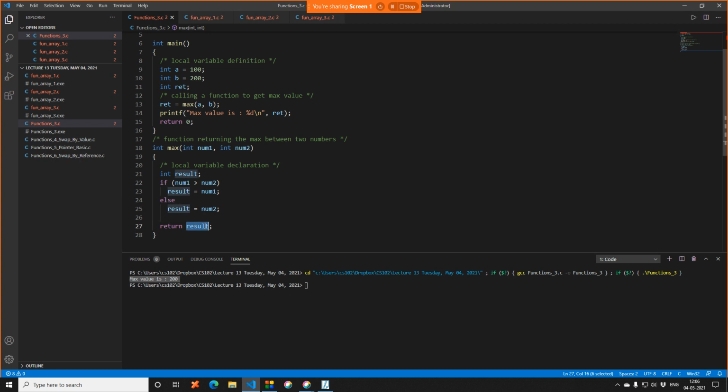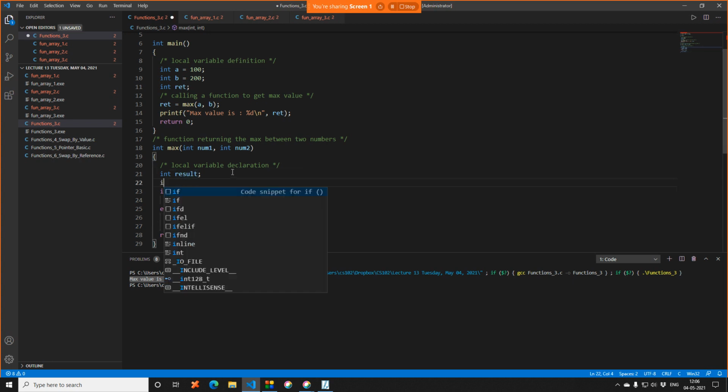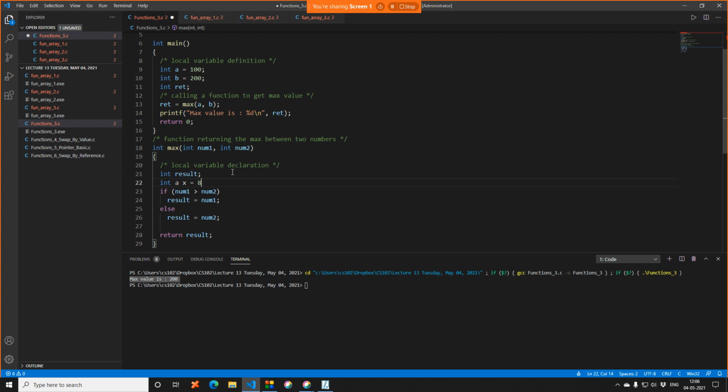So here you can do one more thing. As the rule of functions says, you can have only one return statement. That means a return statement can return only one value. You can see you have return result here. So let's say I define another variable, integer x is equal to 80, right?